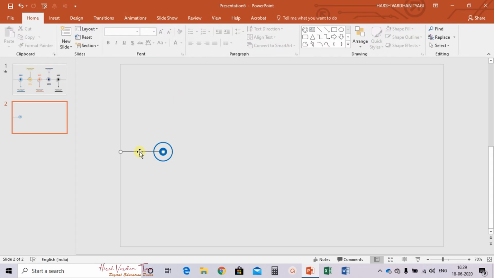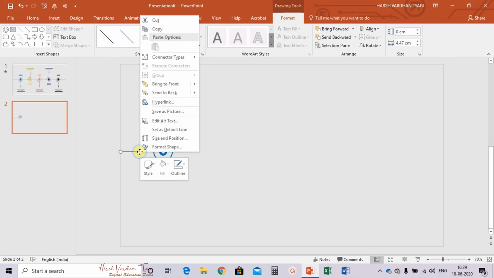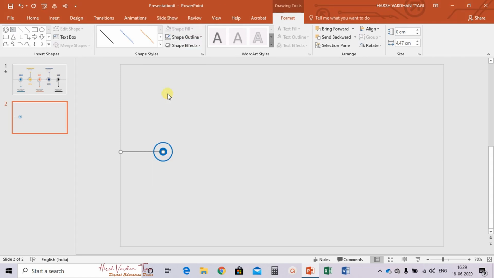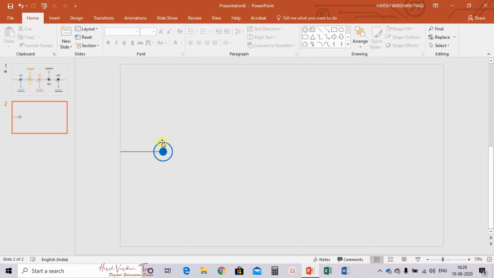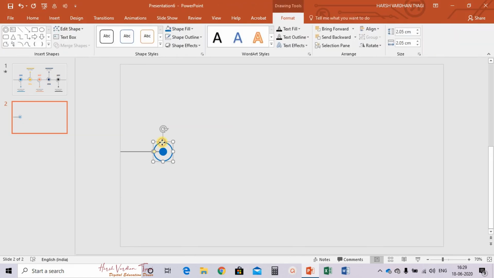After this, select this option, right click on this line, and select send to back. Fine. Now after this, select this circle again, hold the control key, and make a copy of this. Fine. Go to shape outline and select the outline as the same which you have drawn, and then select no outline.